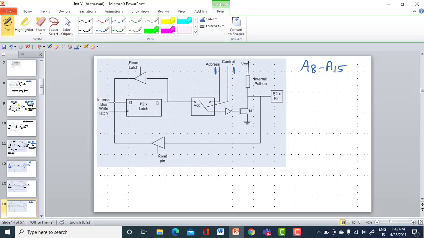This switch will be connected here. When you have 1 here, this will be 0, this will be 0, this is off, this is off, meaning this will be open, and you have a high here connected through your pull-up resistor, so that will be available at the output. So you are generating a control signal here, namely your address control signal, as an alternate function. This is the alternate function of port P2.